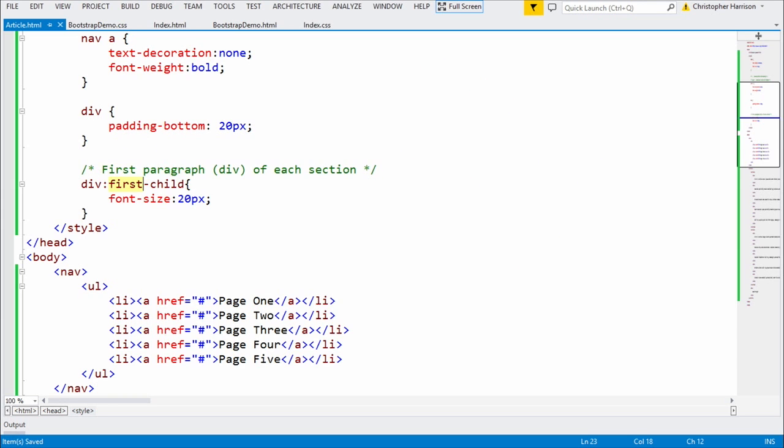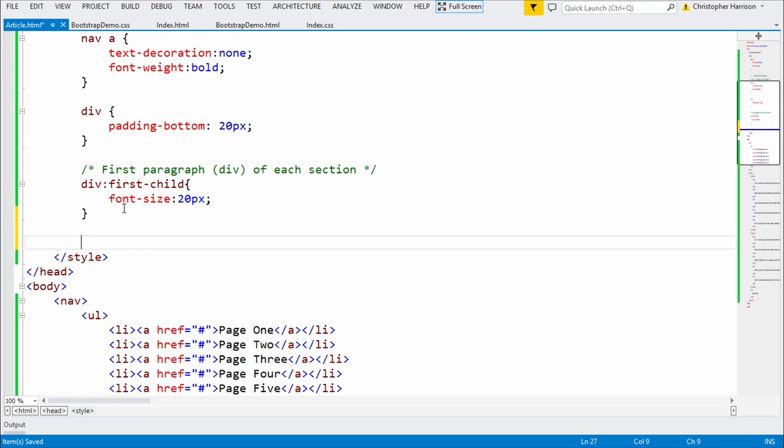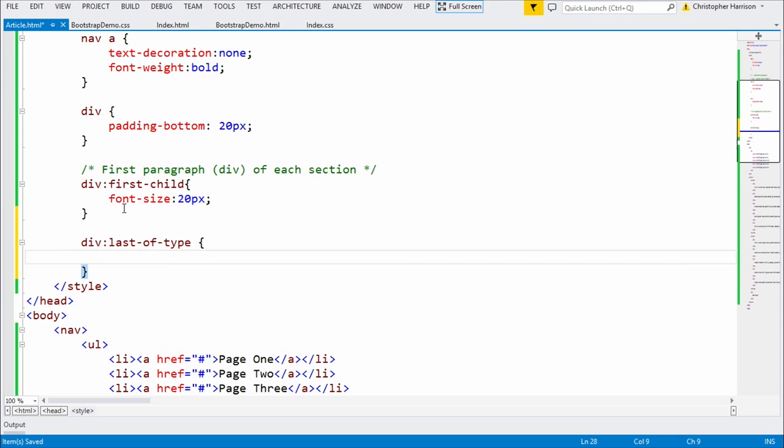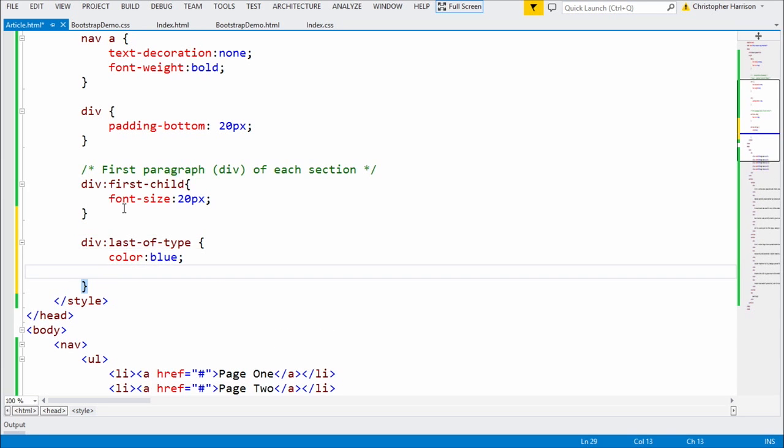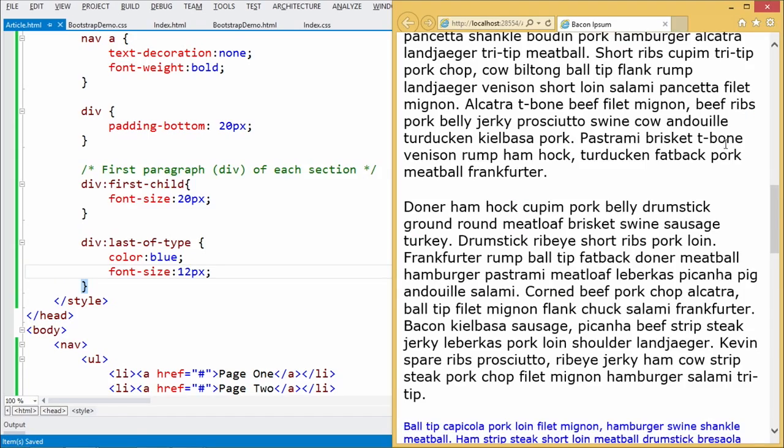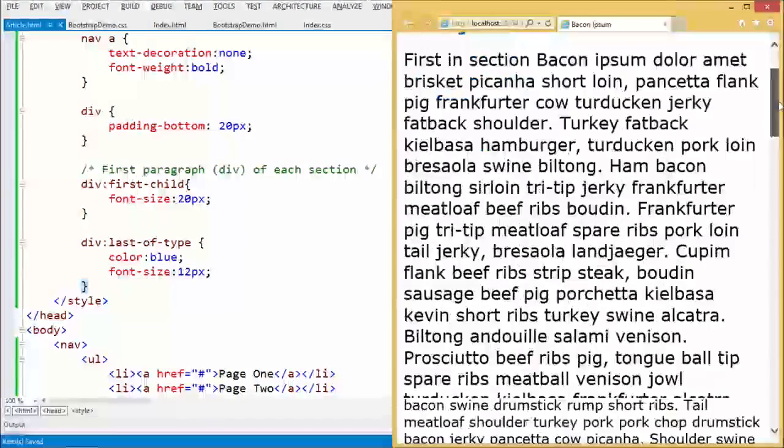Okay. Now, let's also go in and say div, and I'm going to say last of type. And then let's say color colon blue, and let's say font size, and let's make that 12 pixels. Okay. And now let's again come back, hit refresh, and now what you're going to notice,